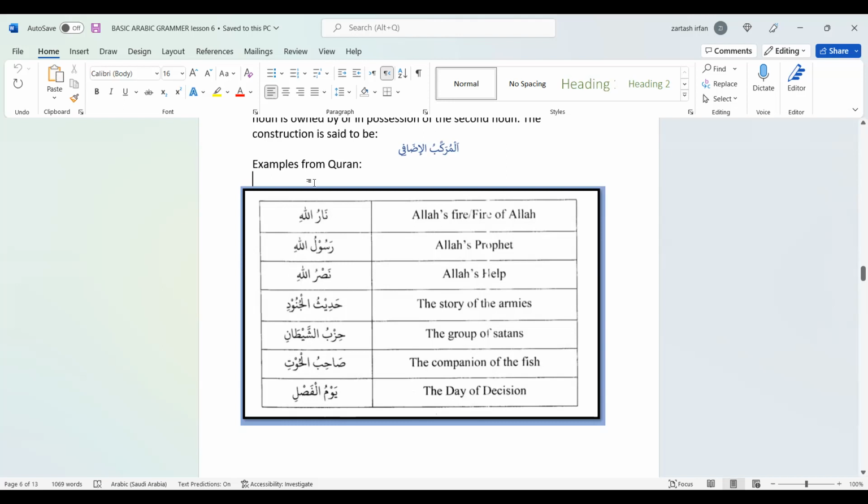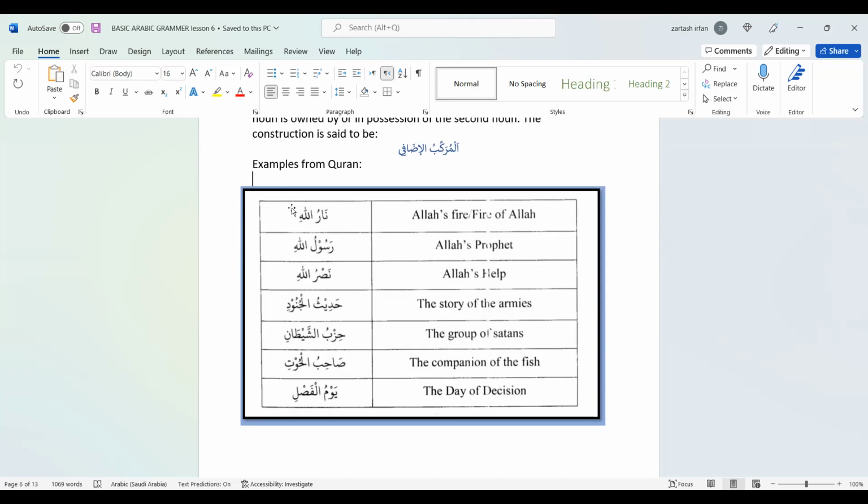Look at all these phrases. They are all al-murakkab idafi. They are idafa constructions because they are showing us that these two words have the relationship of a mudaf and mudaf ilayhi. They have the construction of arrangement with them, and they are showing some kind of possession between them. So all the phrases which show possession are idafa constructions,